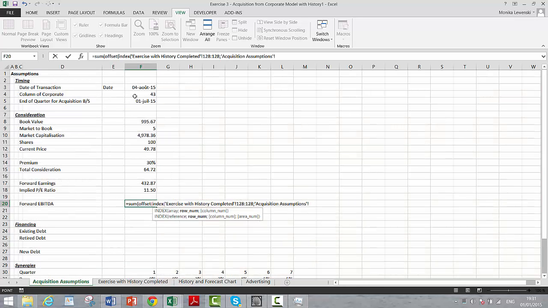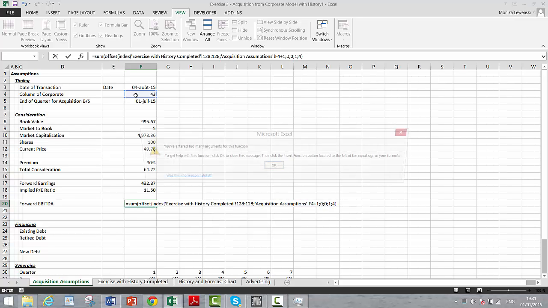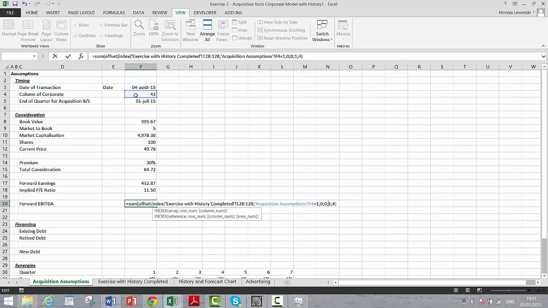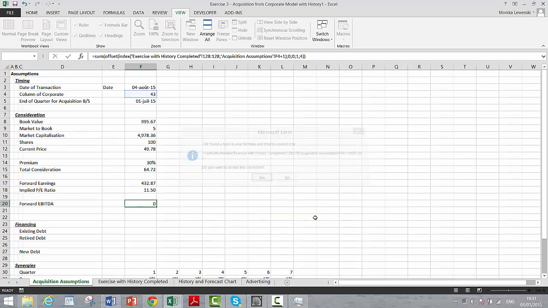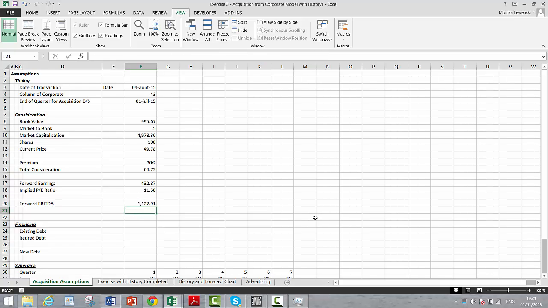Once we have the starting point for the offset, we go to our row number, put +1, and then we start filling in the rest of the offset. 0 keeps it on the same row, 0 keeps it on the same column, 1 makes it 1, 1 makes it 4 quarters. And I didn't close the bracket correctly after the index. We should do that. Okay, there's our EBITDA, and now let's get our